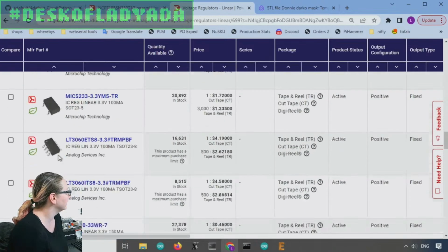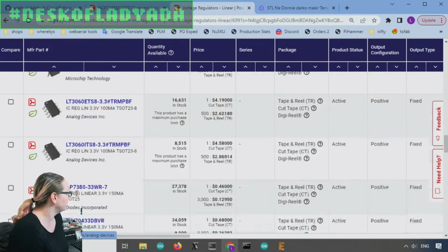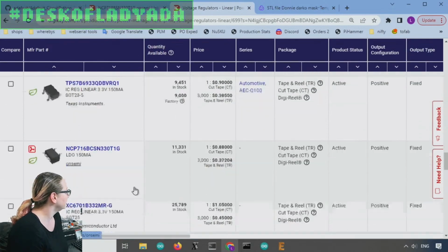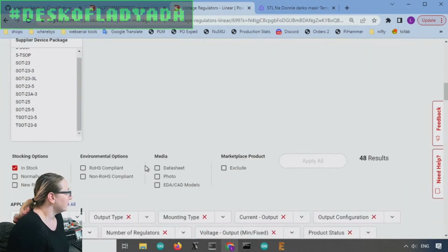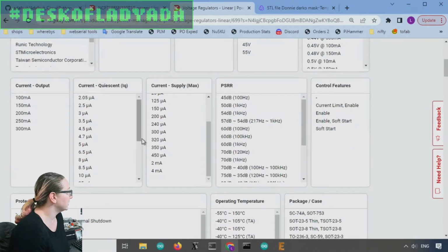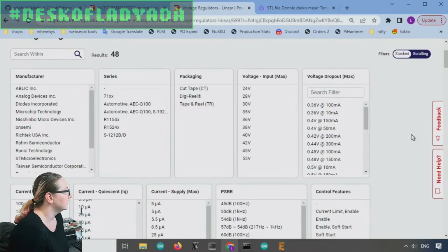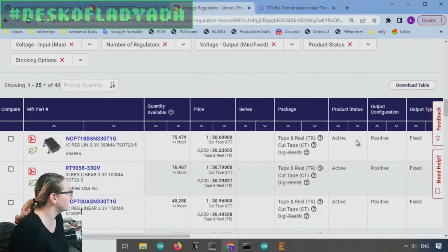This one is kind of funky, it's like a caterpillar of some sort. 8-pin SOT, don't you see a lot of those? All right, so a lot of good options. I don't really care about quiescent current. That's something that if you want, you can care about. Voltage max, again, I don't think I need the higher levels, but let's look at